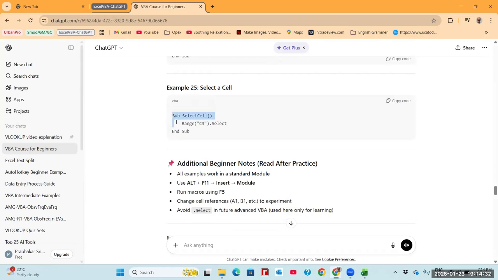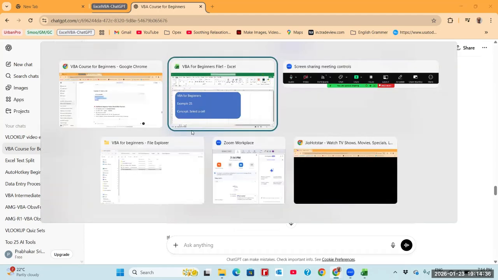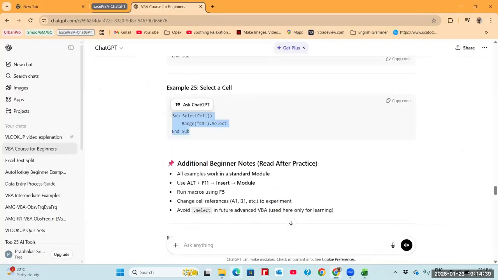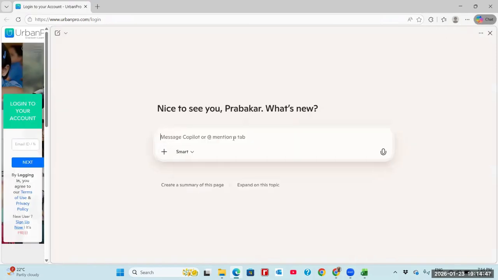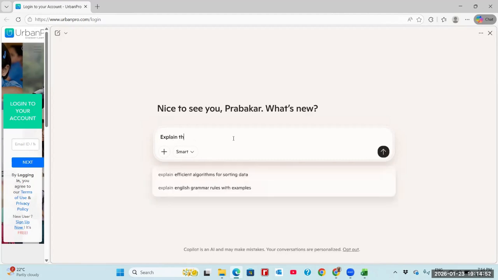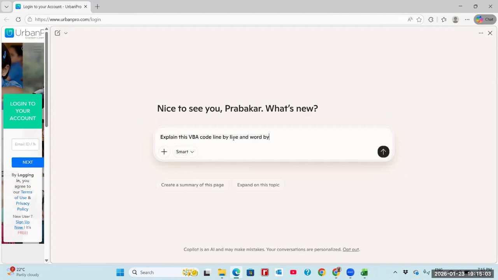Before understanding this, what action is it going to give? I am just going to ask my Copilot AI tool to explain this code line by line. This is the chat from Copilot. So I'm just giving this: explain this VBA code line by line and word by word,